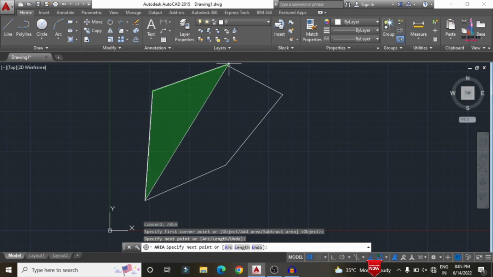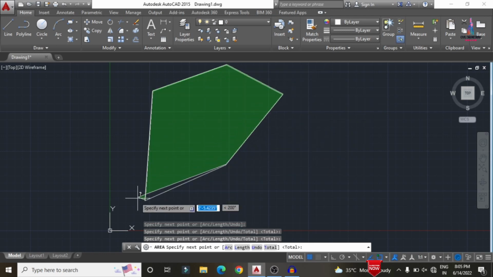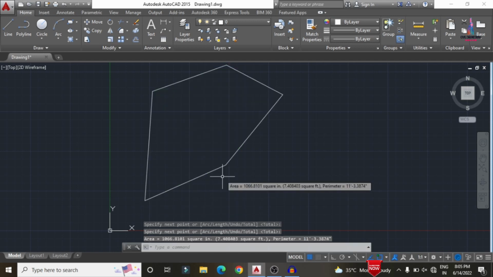Again I am selecting the second point here. Just I am selecting the third point here. Just I am selecting the fourth point here. Fifth point here. Again I am selecting the last point here. Click on the enter option. Okay, now we can see it consists of approximately 1066.81 square inches, which is